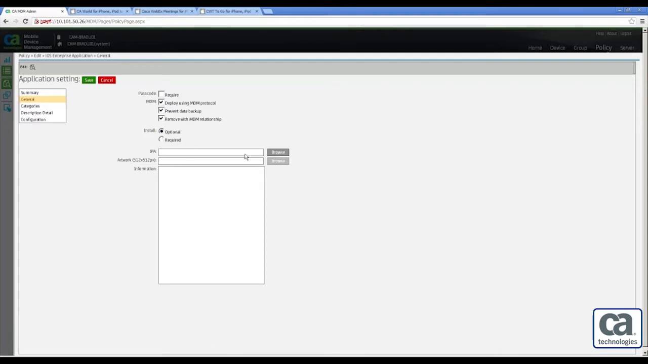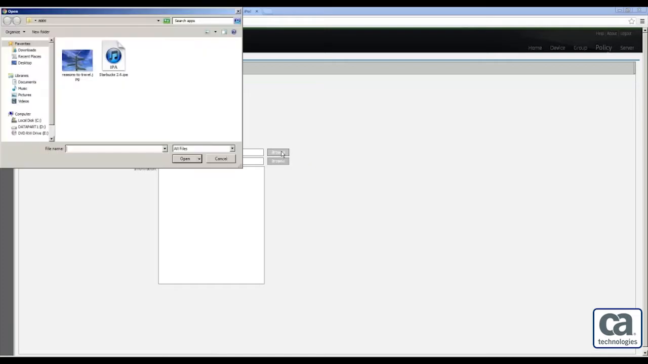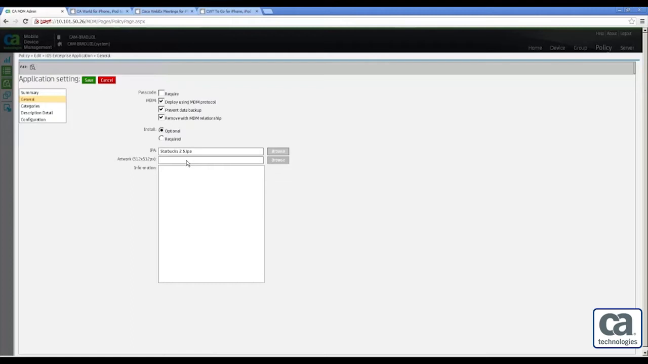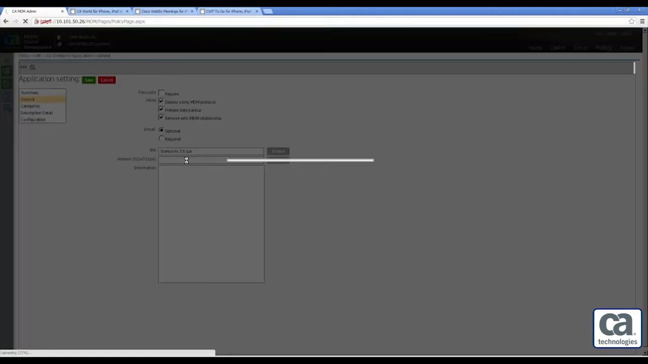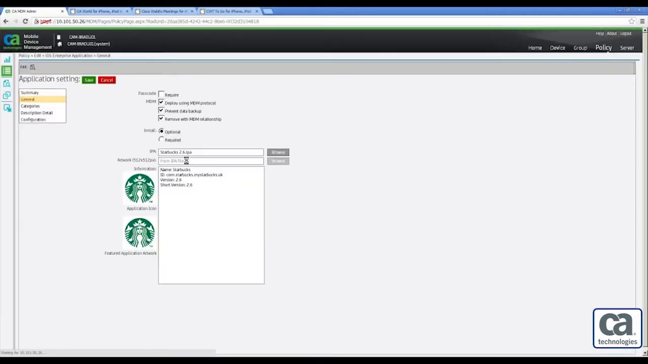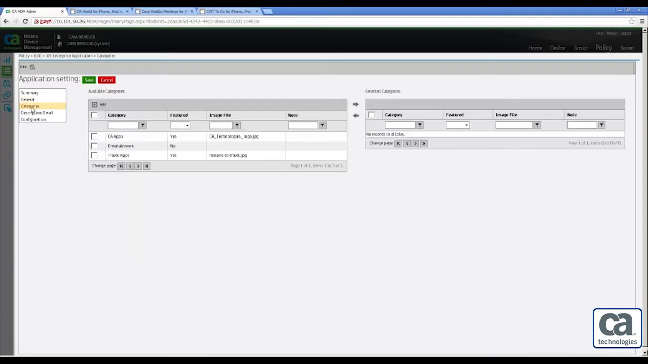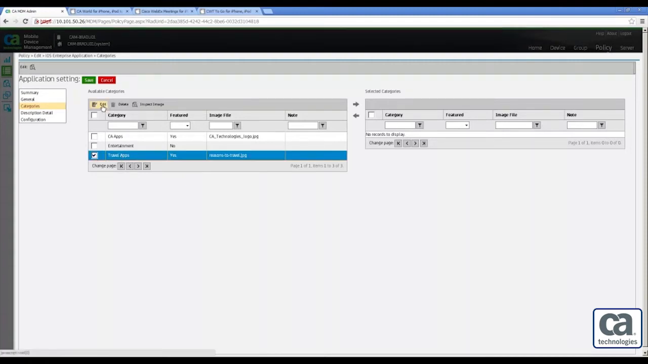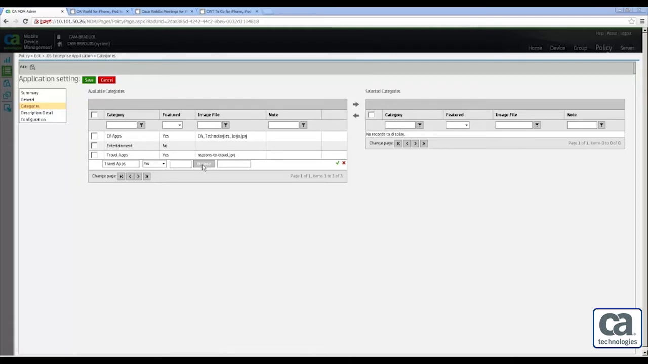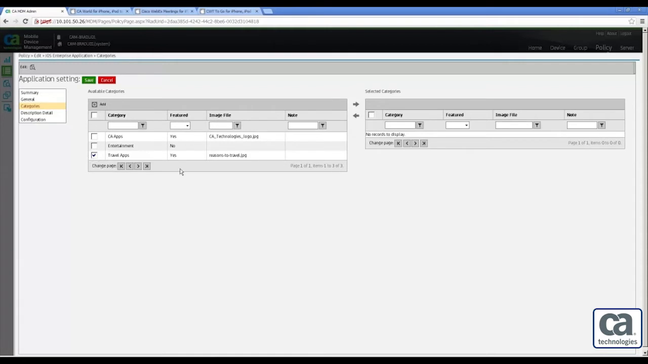Because I have the IPA file, I'm going to browse to this. Once that file's loaded, we should see some information that's pulled from the app itself, and there you can see. So let's categorize this. It fits well in travel apps. I'd actually quickly added an image file. I'm just showing you that process for consistency. Okay, and it's a featured